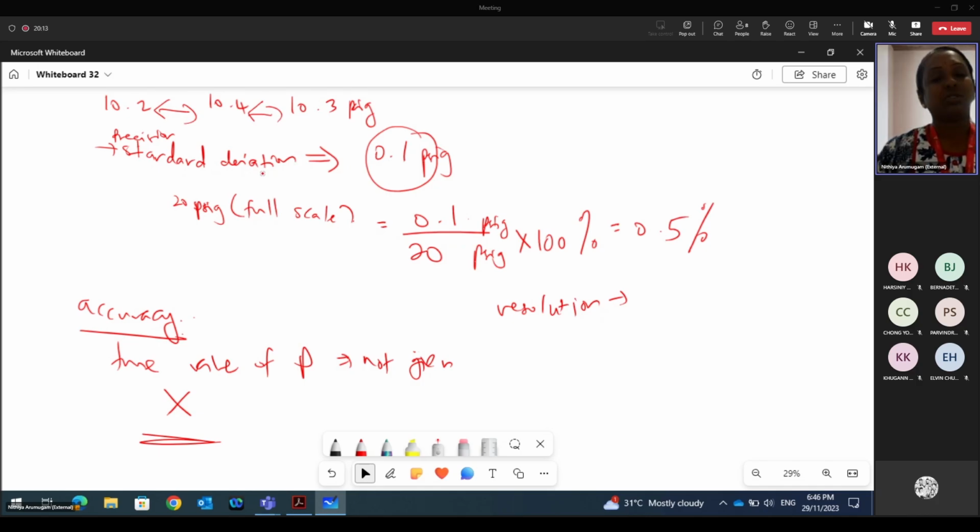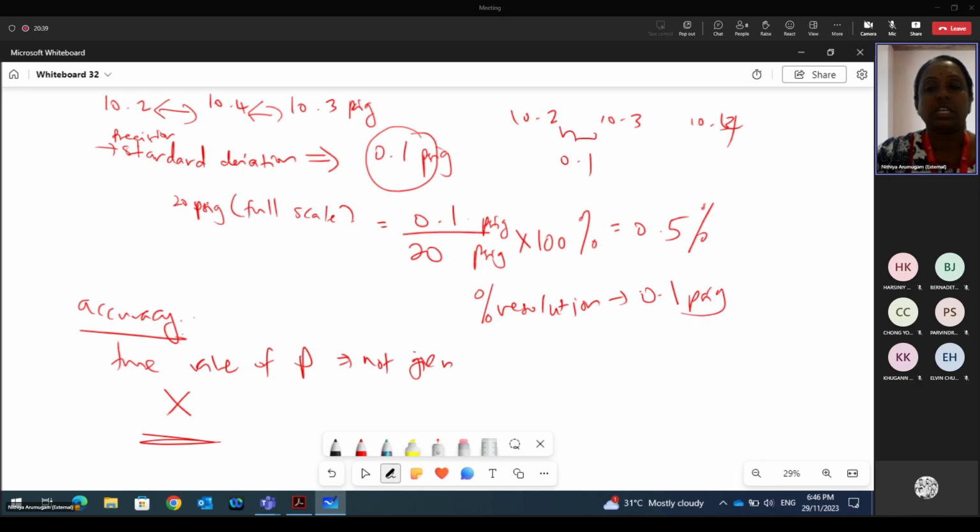So we have 10.2, 10.3 and 10.4. The difference is 0.1. So the percentage of resolution will be 0.1 PSIG over 20 PSIG times 100%, which is 0.5%